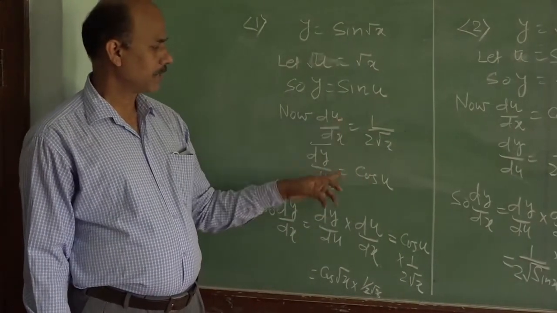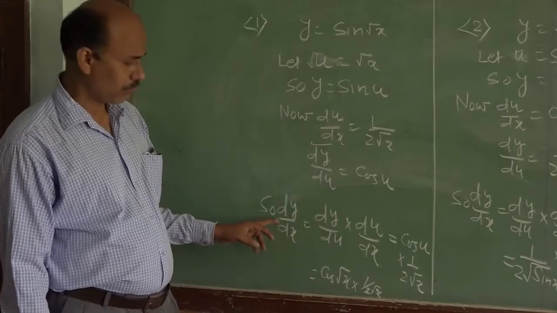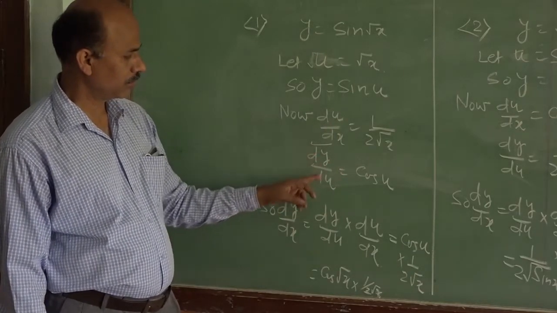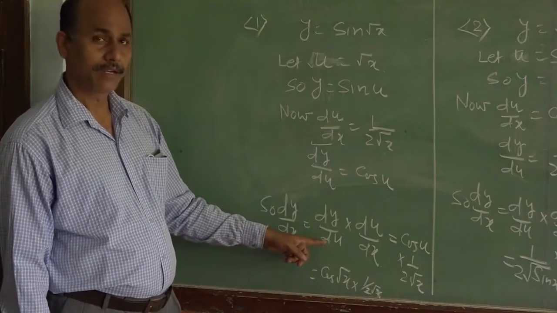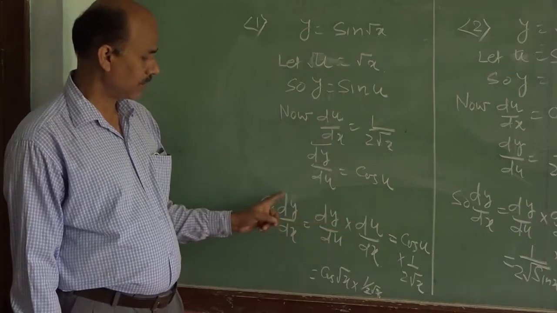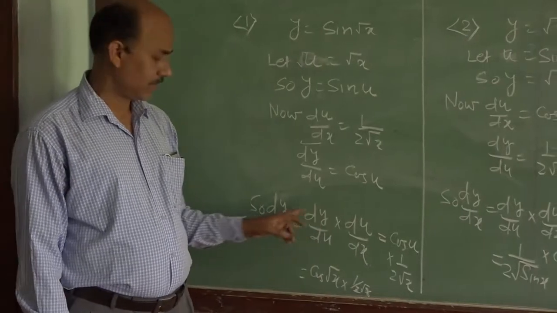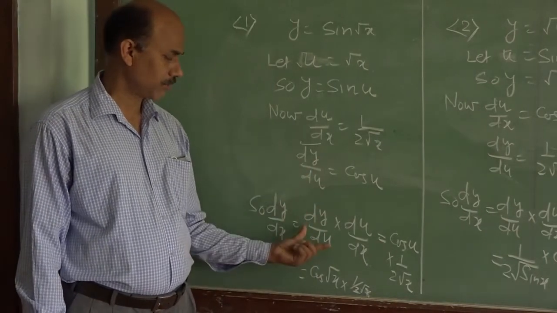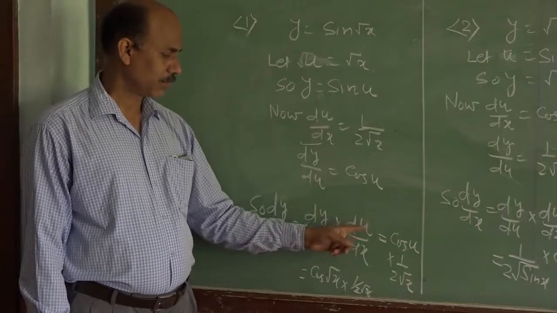Once you have completed the differentiation of these two, now you have to write finally, so dy by dx is equal to, use these two differentiated parts. So you can write dy by du into du by dx. So arrange it in such a way that you must get dy by dx from here. So you start with dy, it should be in the numerator, so that term you should take in the beginning, and at last you should take the second part, that is du by dx.